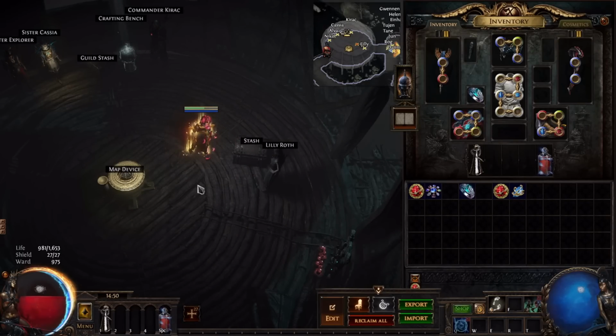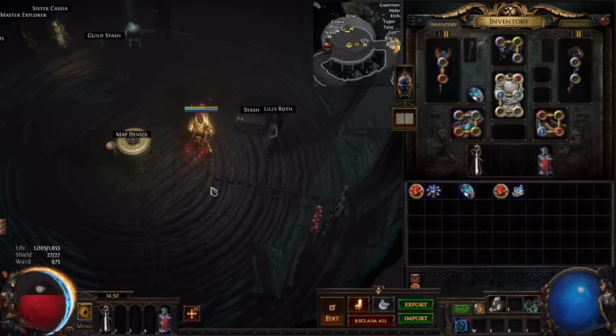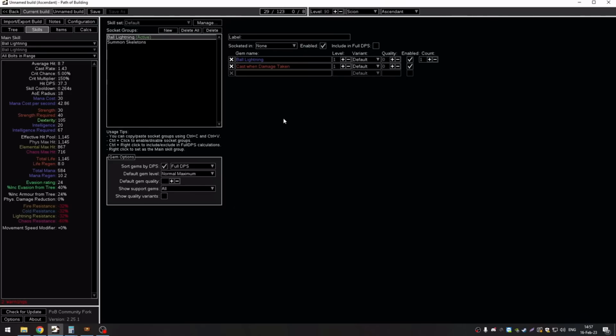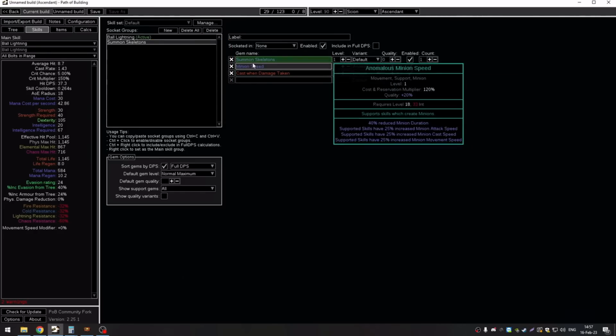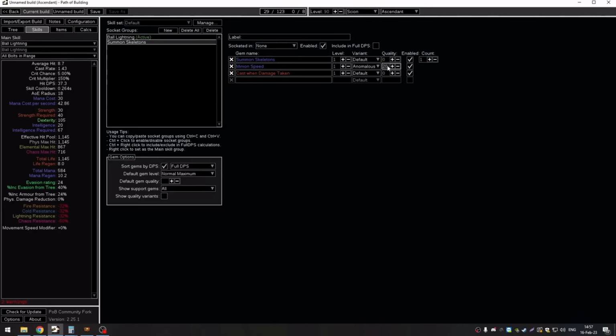So we have a problem, and how to fix this problem, let's check it out in Path of Building. Here in Path of Building we have our ball lightning socketed with cast when damage taken, and our summon skeleton socketed with anomalous minion speed that has quality 20 and cast when damage taken.